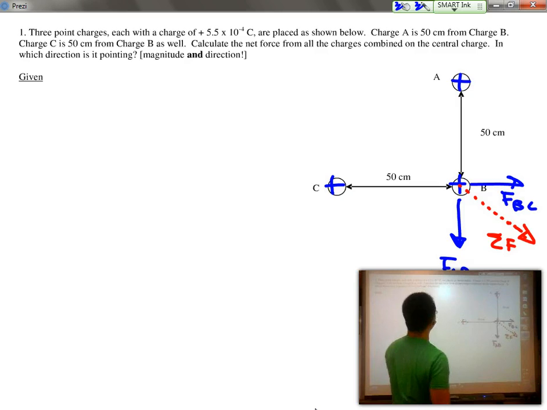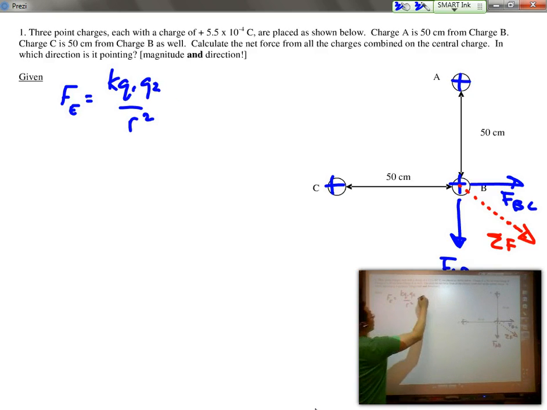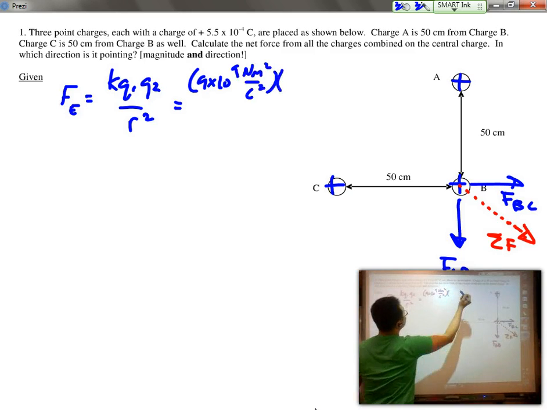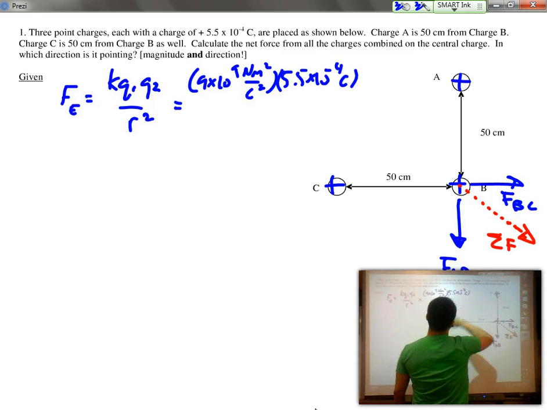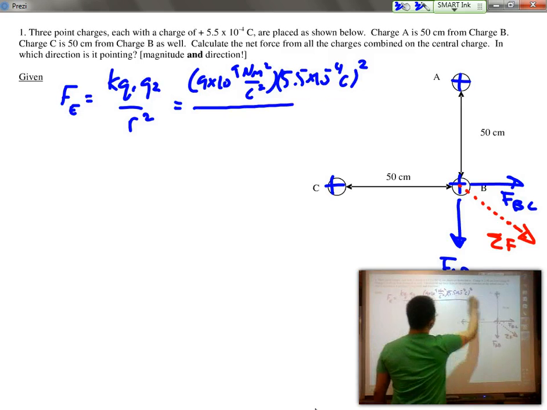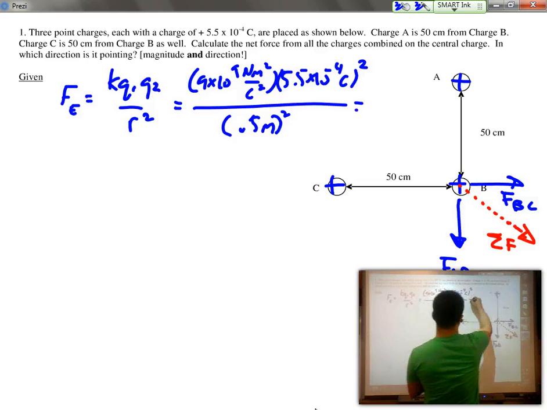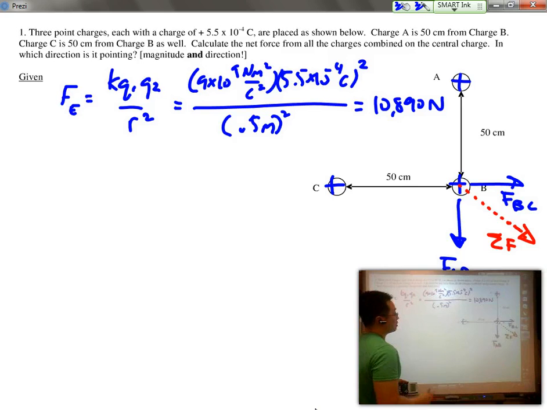on charge B. So, using the formula Fe equals k Q1 Q2 over r squared, we have 9 times 10 to the 9th newton meter squared over coulomb squared times 5.5 times 10 to the negative 4th coulomb. And since there's two of them, I'll just square that, divided by 0.5 meters squared. I get a total force of 10,890 newtons. As FBC and FAB are exactly the same as each other,